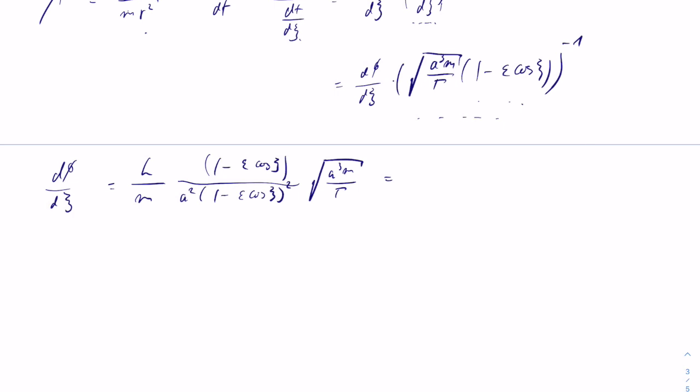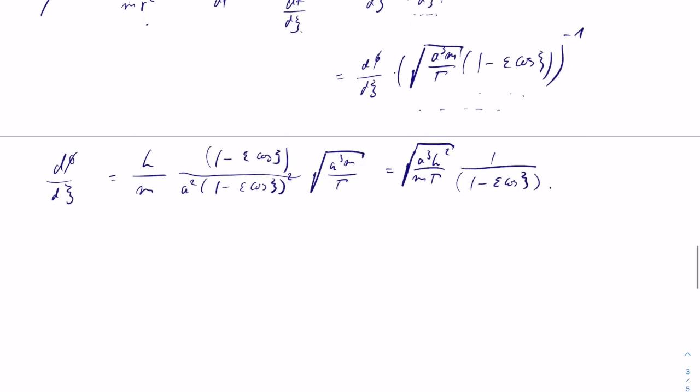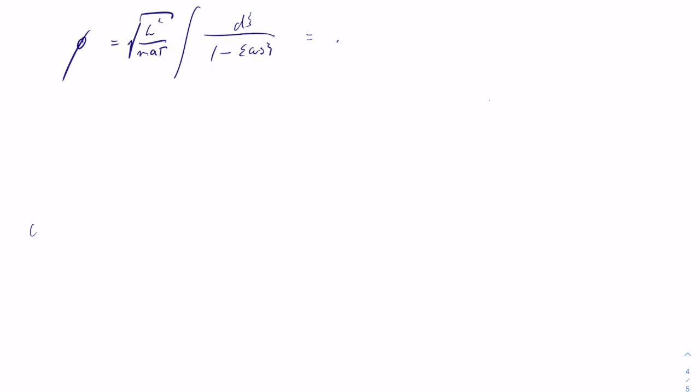Simplifying a little, we're going to get a differential equation that we have to solve. And an integral to compute that is not that easy. Because phi is then the integral of dxc over 1 minus epsilon cosine of xc. And for solving that,